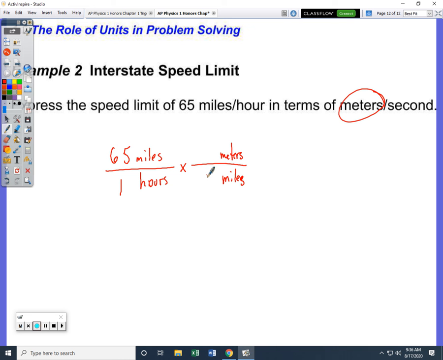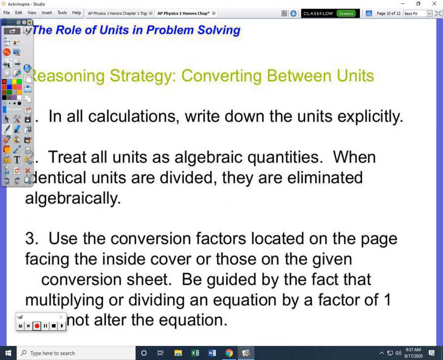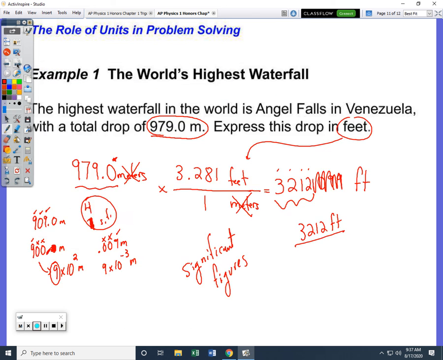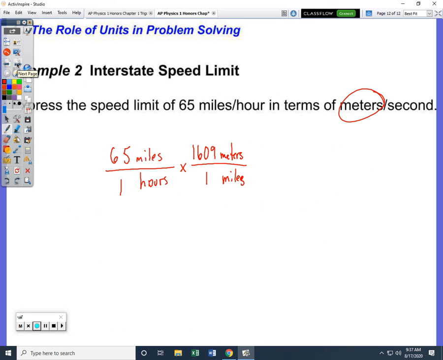If you go back a few slides, you'll find out that 1 mile is 1,609 meters. We'll go back a few slides to see that. So 1 mile is 1,609 meters. I think that's the easiest way to actually do a conversion, rather than trying to do something else. You could try to go to kilometers and then convert over. That would work, but that's just going to be longer than you need. That's going to get rid of your miles.